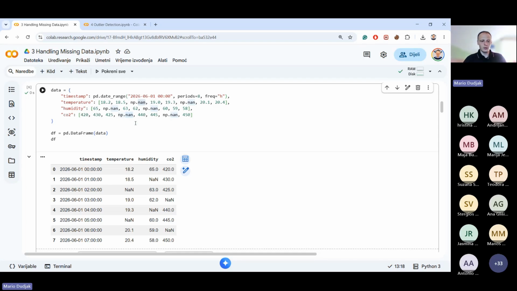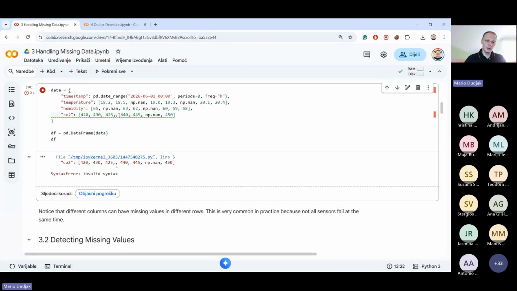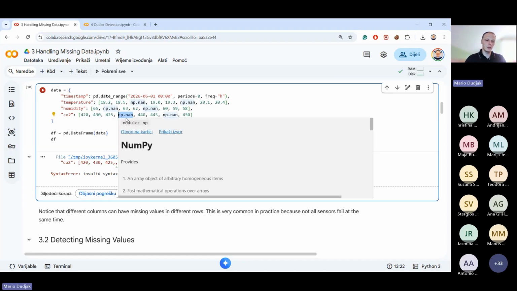For example, the person who ran the measurements didn't know what to put, so they put a blank. So in the CSV file containing the dataset, there is no value. For example, we can have two commas in a row. That means that between the commas, there is no value. If I want to run it like here, Python gives me an error because it's invalid syntax. So I have to have some value here between the commas, but it